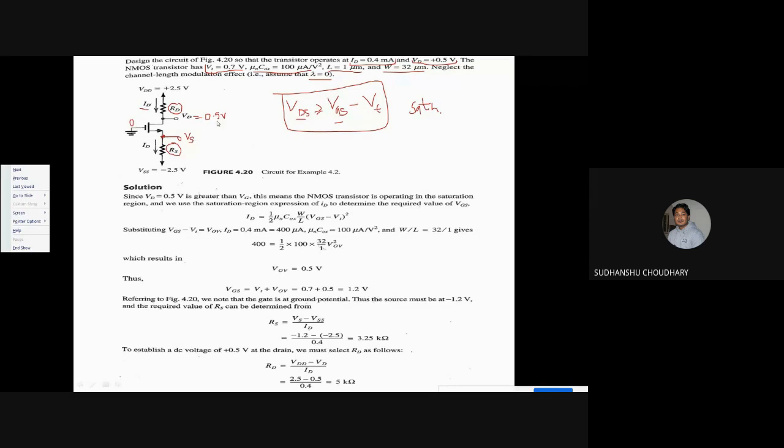Since S is common in both VDS and VGS, and if VG is 0, that obviously means VDS would be greater than VGS. And then you are also subtracting VT from VGS. So obviously, VDS is greater than VGS minus VT for this circuit. So that means this circuit is operating in